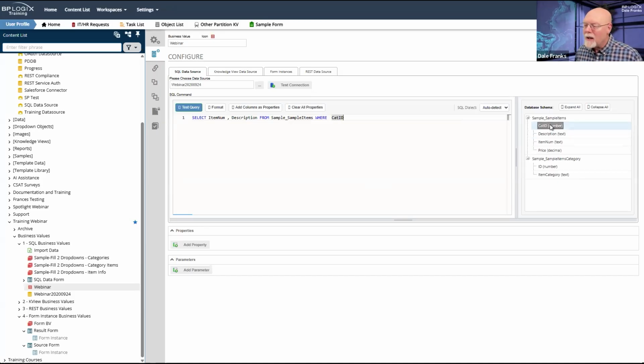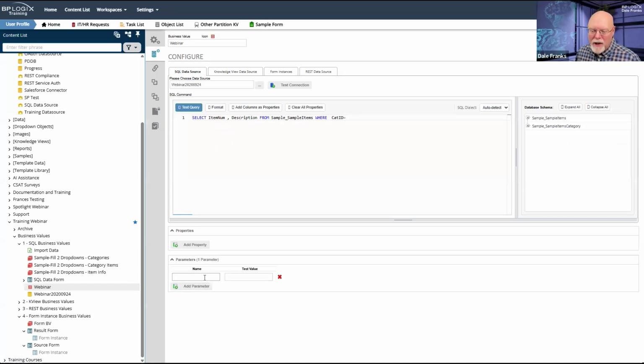I want to check that the cat ID equals, and it needs to be some parameter. I would need to add a parameter down here, obviously. So we'll call this parameter cat for category, where cat ID equals, and then I would just put in, and all I did is type in 1 curly bracket.